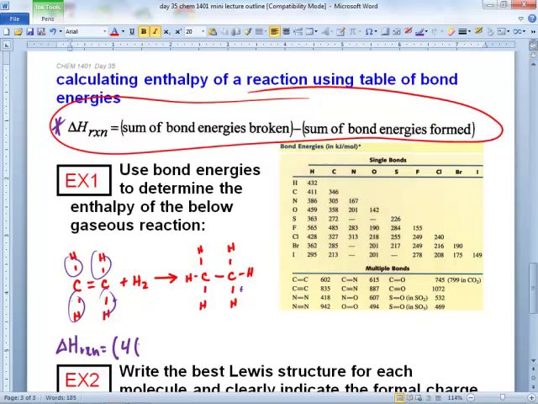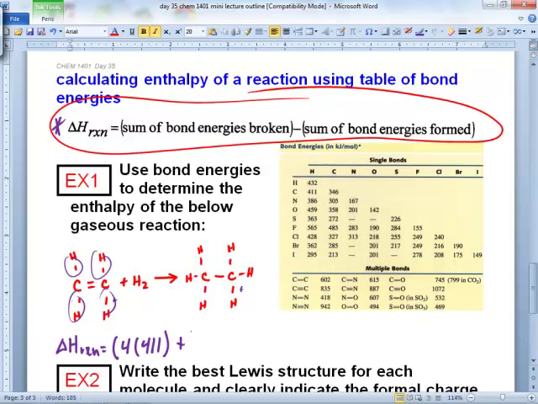You see it? 432? Well, 432 would correspond to HH. 411, right? Can you see 411 in the table? That's what it's got to be. 4 times 411